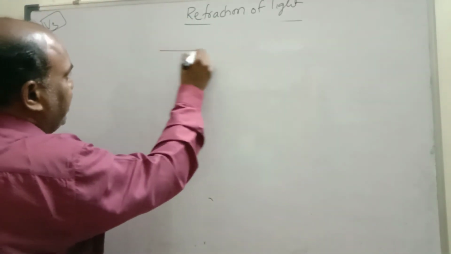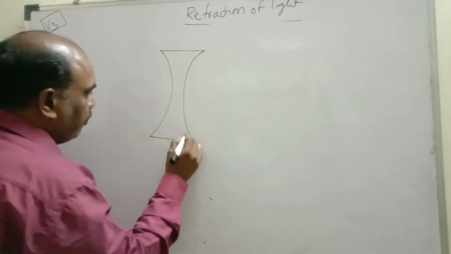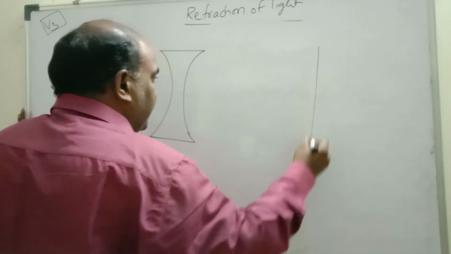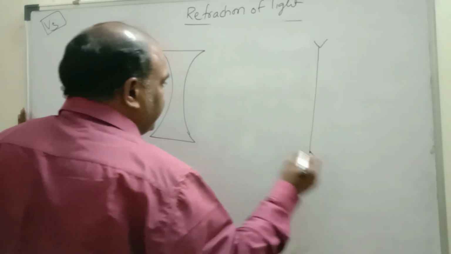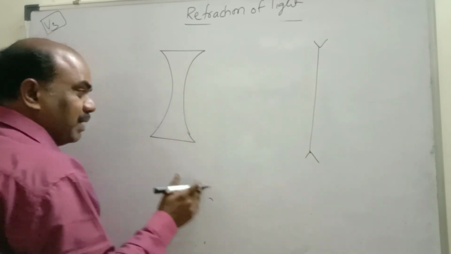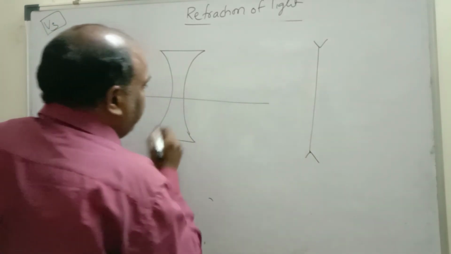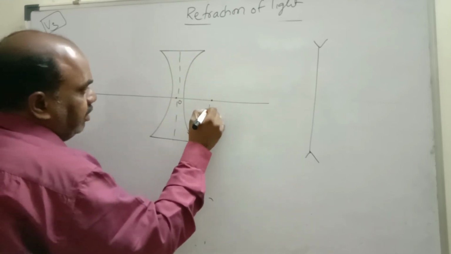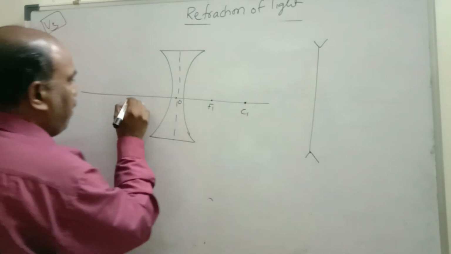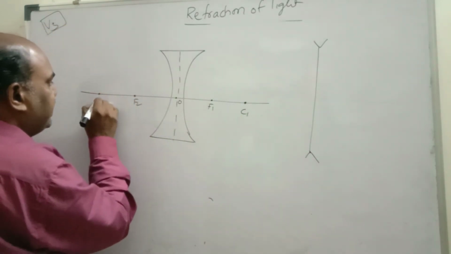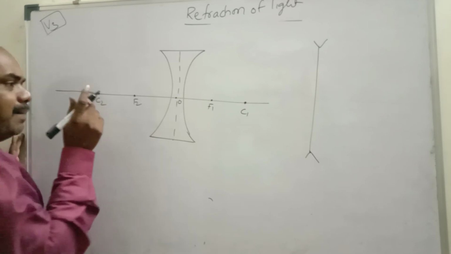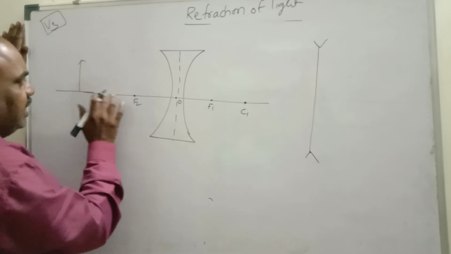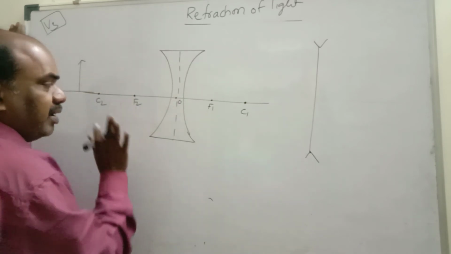See, this is the image formed by a concave lens. This is a concave lens. You can draw a concave lens like this also. Both we will see. It cannot form as many images as a convex lens. It can form only one type of image. This is optic center O. This is F1, this is C1. This is F2, this is C2. Here you can place the object anywhere. Why? Because it is a diverging lens. You place the object here or here or here. The image you will get is between F and O only.